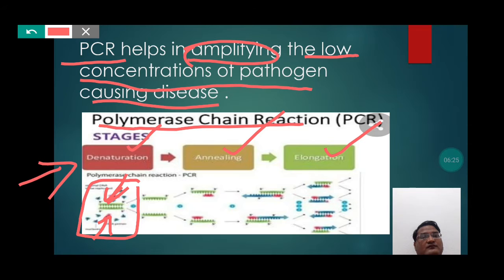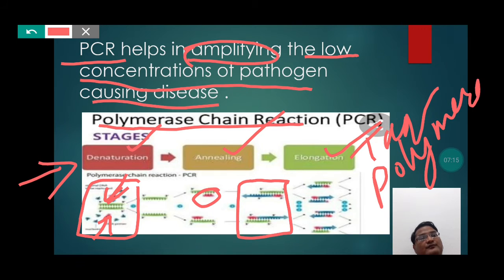Thereafter students, we incorporate the separated DNA strands with the specific primer by lowering the temperature from 92 degrees centigrade to 52 degrees centigrade, and further elongating the double stranded DNA compiled with the primer with the help of a specific DNA polymerase enzyme, which is called as Taq polymerase.